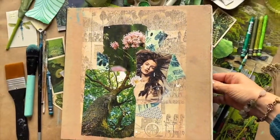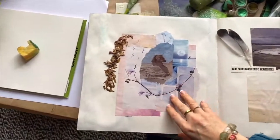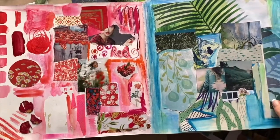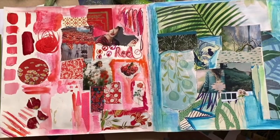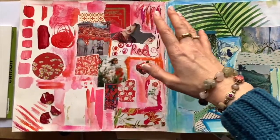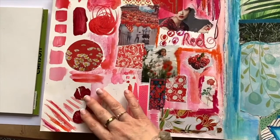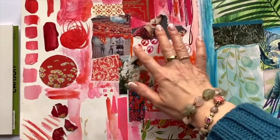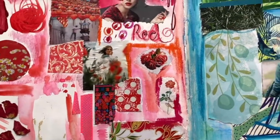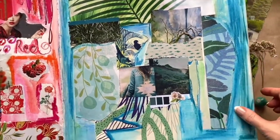So I'd actually like to show you here in my art journal some examples of how I have created color mood boards, working with red, working with blues and greens. This is something I have been doing in the past, exploring the different colors and different shades, lighter reds, warmer reds, cooler reds, darker reds, and then you have some rose, dried rose petals, some magazine images and different patterns, and some washi tape. This is just fun to explore a color with different materials and different mediums, some water-soluble crayons, and again,